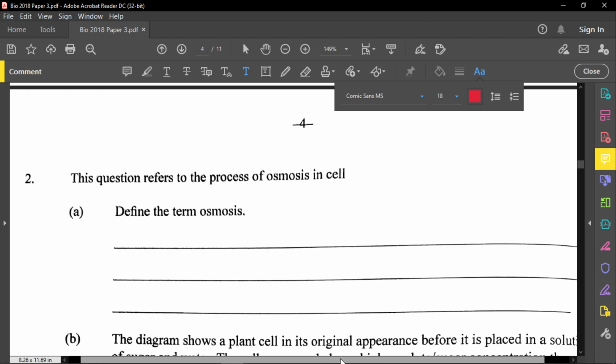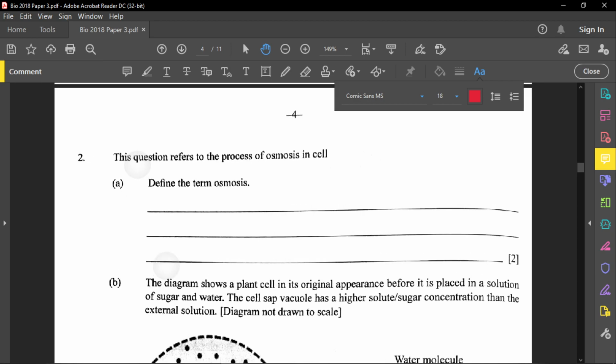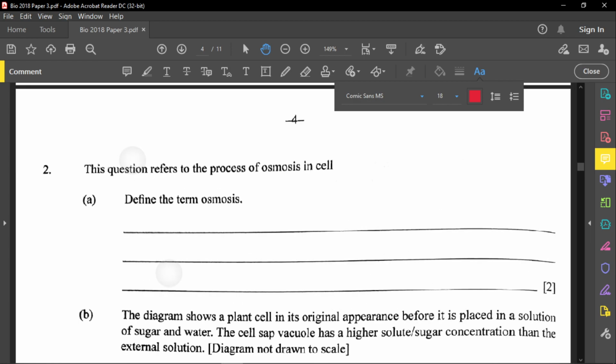And for this question here, question number 2, I'm going to slightly zoom into this. You can see the whole thing all together. All right. So that is great. All right, so this part here said define the term osmosis. Now, osmosis is a popular term that they ask you to explain or even have some application question to it. And so osmosis can be defined in a specific way. So there are some things you must include in your